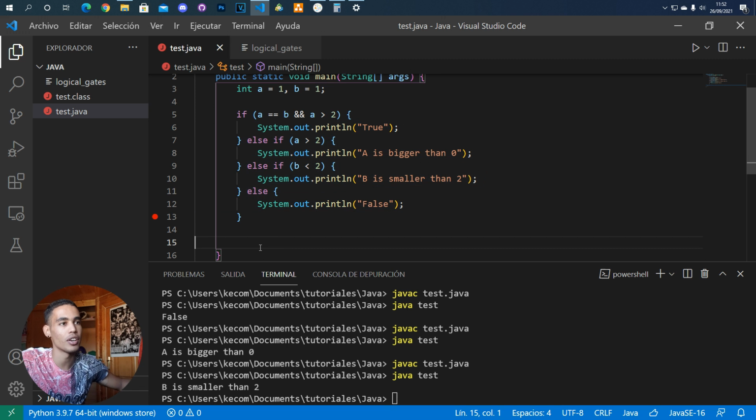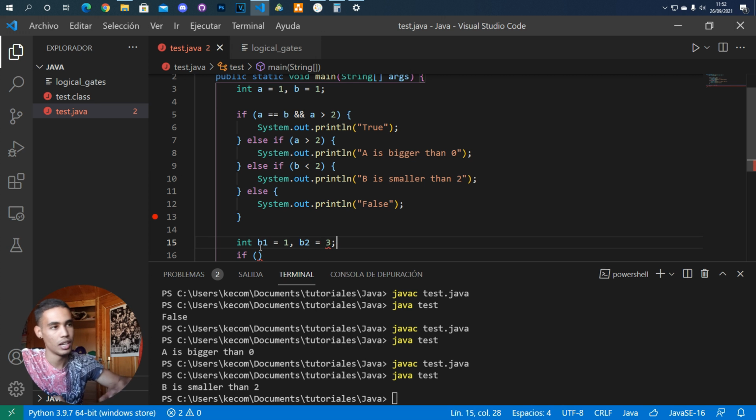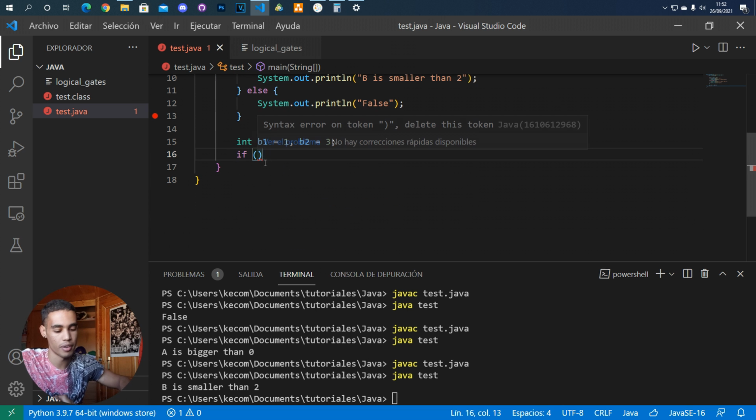So for example, here what you can do is let's create another variable. Say that B1 is equal 1 and B2 is equal 3, and we can now say if B1 is different than B2,